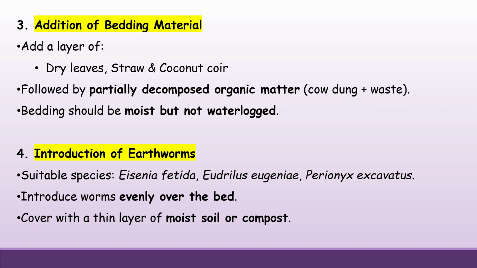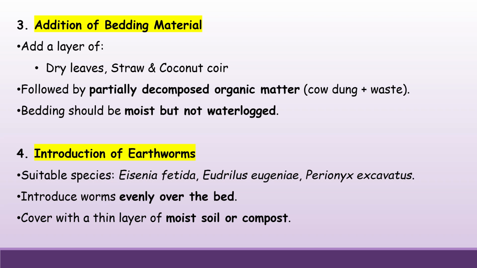Next, addition of bedding material. Once the bottom layer is done, then add a layer of dry leaves or straw or coconut coir. We're supposed to break it down into bits and pieces, right? So that will be the next layer. Okay,